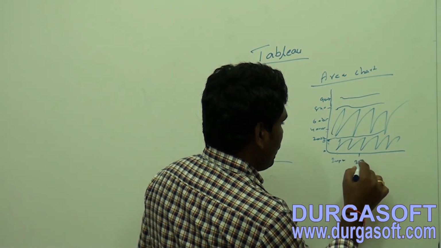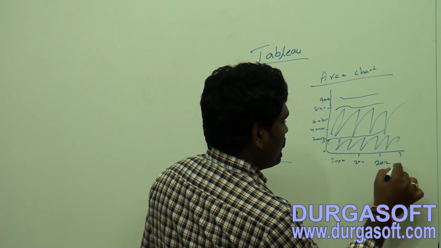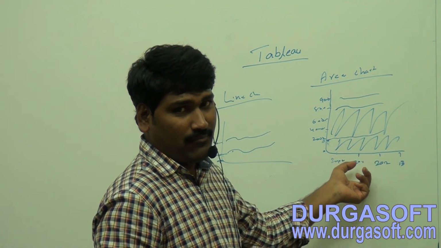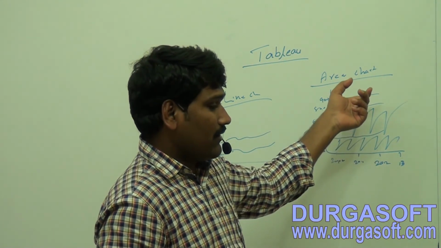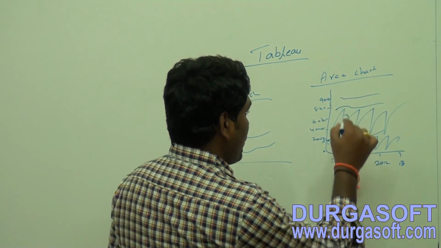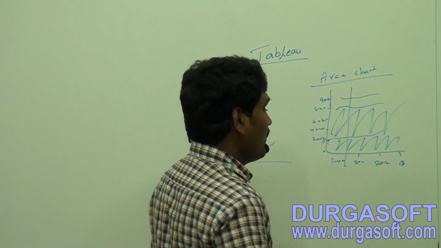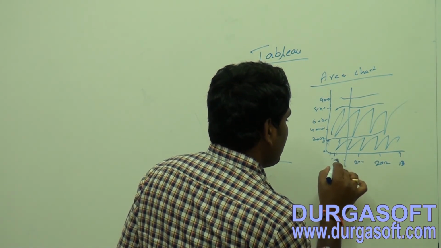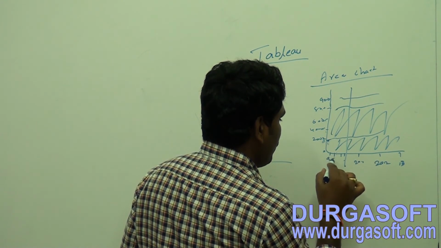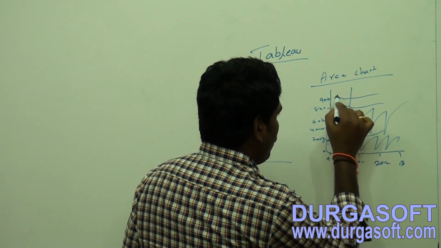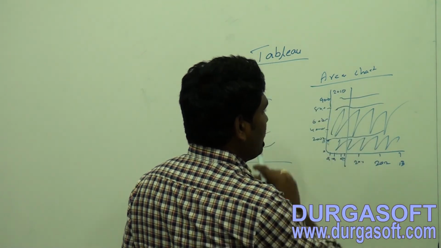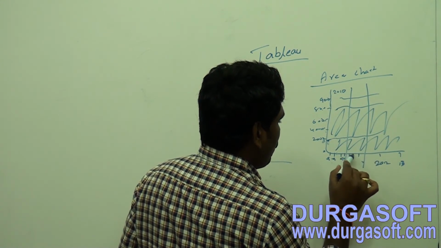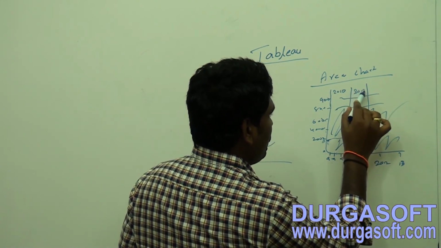If it is representing 2010, 2011, 2012 and 2013, it will be a continuous chart. If you apply this as a discrete, the chart is divided quarterly wise or monthly wise. Like now, if you apply it as a discrete for the quarterly, quarter 1, quarter 2, quarter 3 and quarter 4, here it is representing 2010. In the same way, it will give you quarter wise data, and here it is 2011.